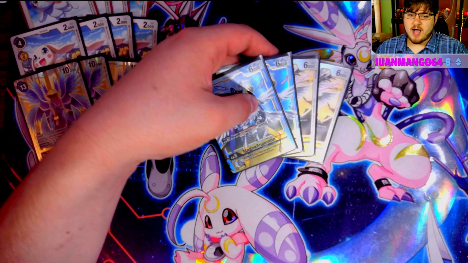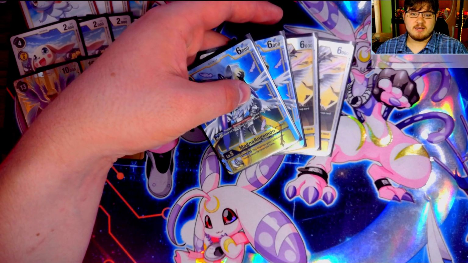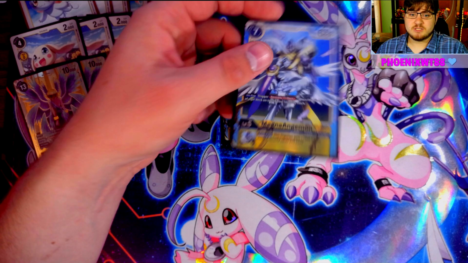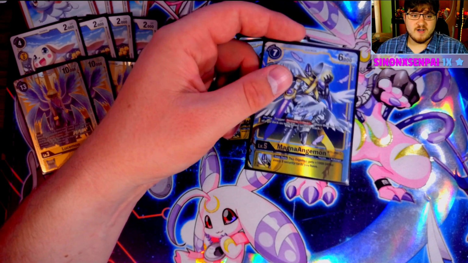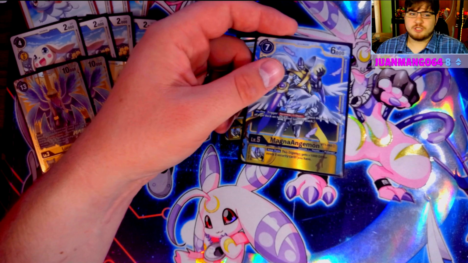Recovery. Another on play recovery play is Magna Angemon. Magna Angemon lets us on play our greatest going first card. So we'll hard play this, recovery +1. Now we're at 6. If we do Blade of Truth the following turn, we get +3 cards, which, oh